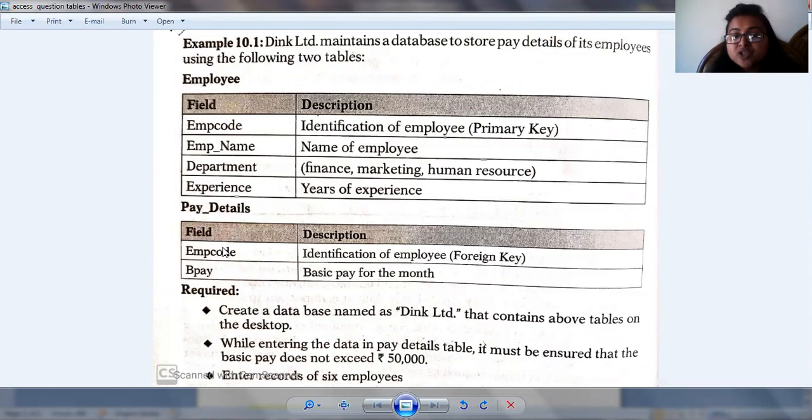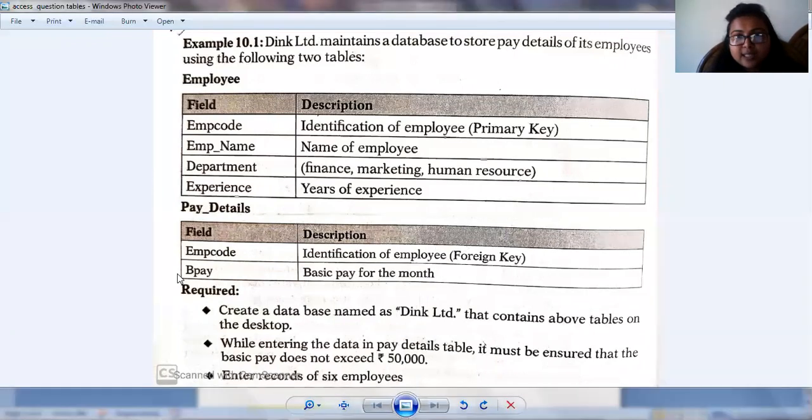If you mention the employee code as a foreign key, it will automatically take the data of the previous table. So you do not need to mention the employee code. Hence, a foreign key defines that it has to take the data from another table where this particular field is already a primary key.